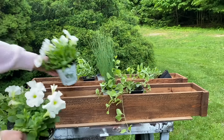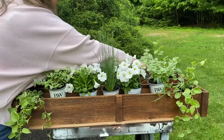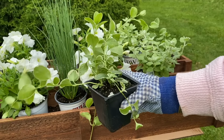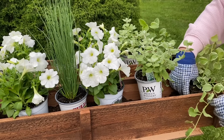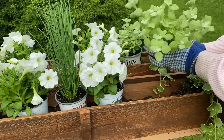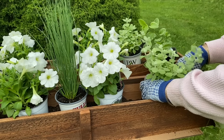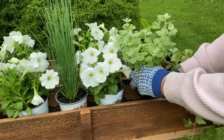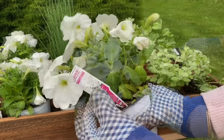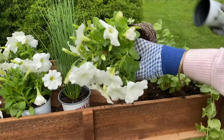And so I'm playing around, and then I fill in with the smaller flowers that I got in the flats afterwards to really fill these boxes up. So I'll show you all of the different flowers and annuals that I'm using in these boxes. And of course, I always make sure that I have my filler, thriller, and spillers. So I have my vines as my spillers, I have my fillers, I have my thrillers,